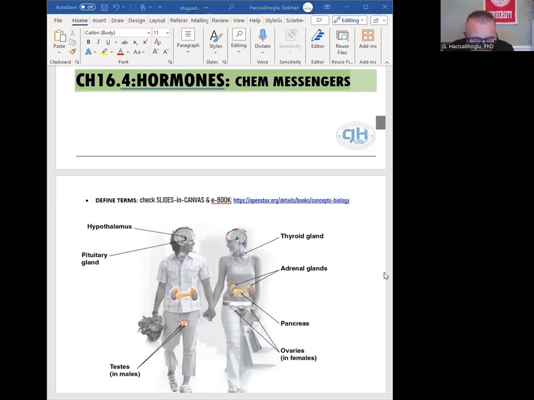Signals like hormones, the chemical messengers, can be secreted from glands, like endocrine glands, or from some organs like the stomach or other organs that we are going to look through, like the pancreas, for example. They transmit through the blood system, and because of that, they can reach all parts of the body.